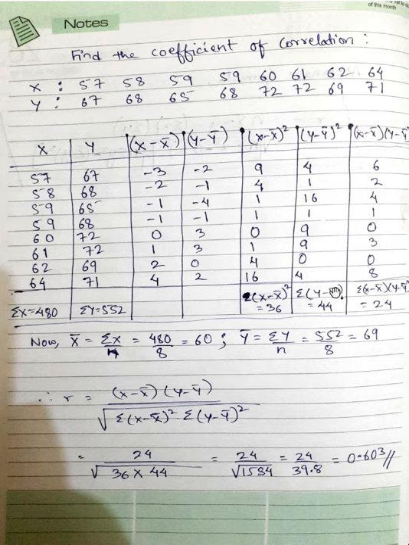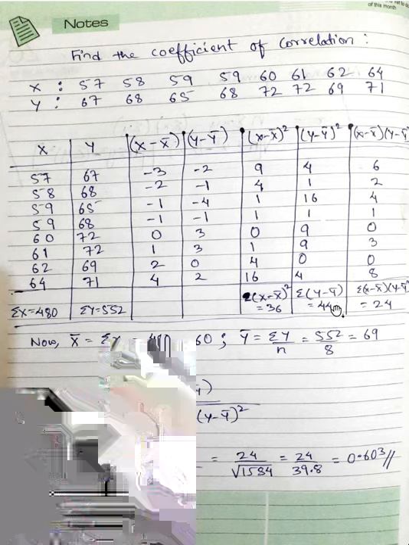So please make a correction here. Here I have forgotten to write whole square. You will write whole square here. Please follow that. It is my mistake. I forgot to write it. You should write it. So you add everything up, you will get summation y minus y bar whole square is equal to 44.